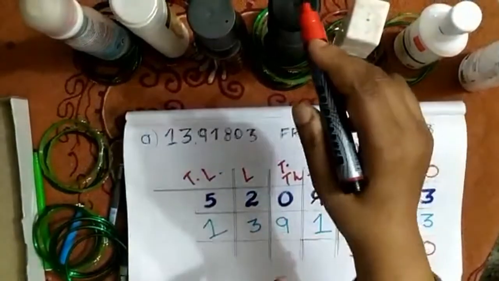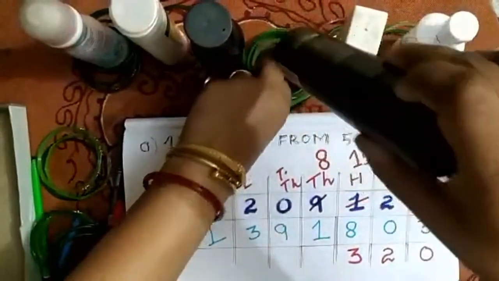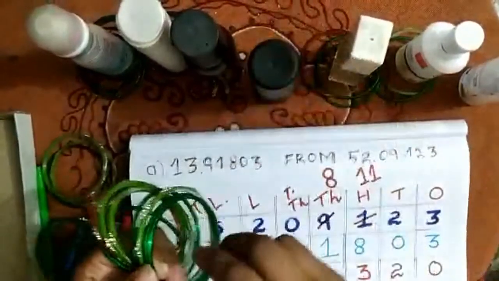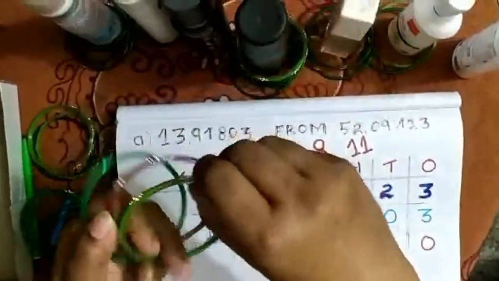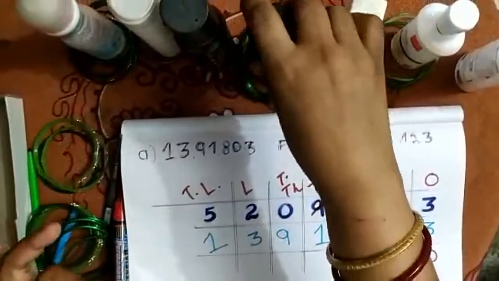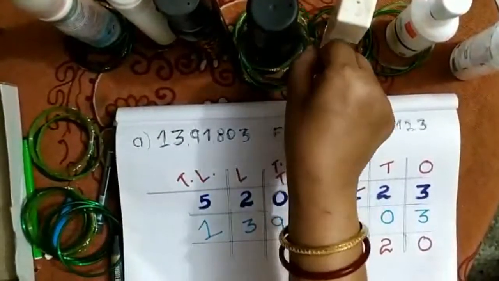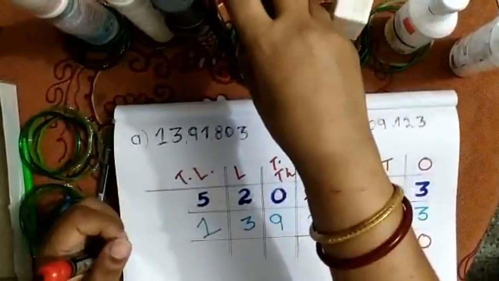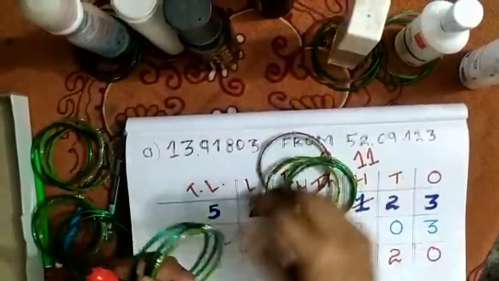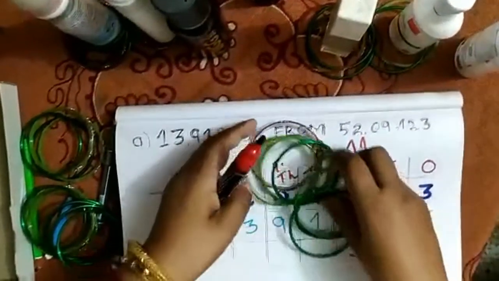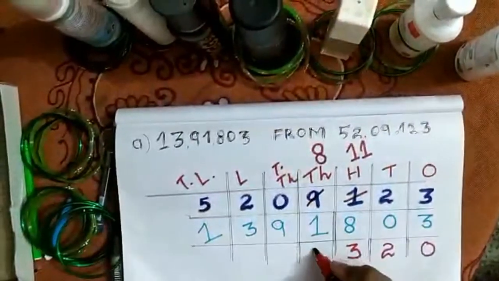Now come to the 1000 place value. I have borrowed 1000 from this place value. So how many thousand will be left? 8000. Let's see. 1 2 3 4 5 6 7 8. Okay, from 8000 I have to subtract 1000. So I will take away 1000 from it. So how many thousands are left? 1 2 3 4 5 6 7. 7 thousands are left. So it is 7000.